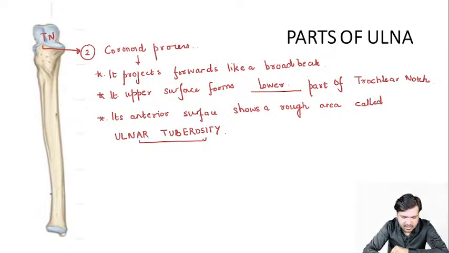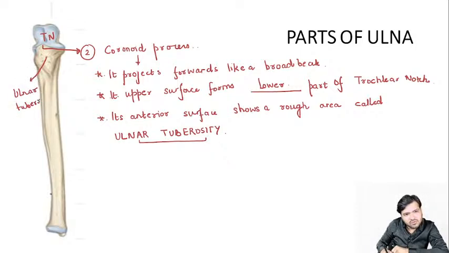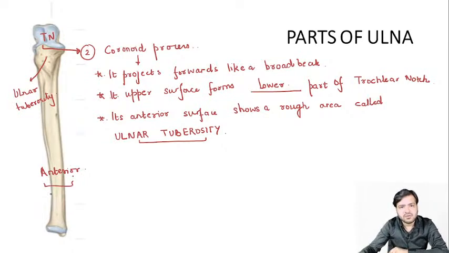You can see over here that this particular part is called the ulnar tuberosity. In the anterior view you will be able to see it, a projection just below the coronoid. In the coronoid process, the anterior surface will be showing the ulnar tuberosity,